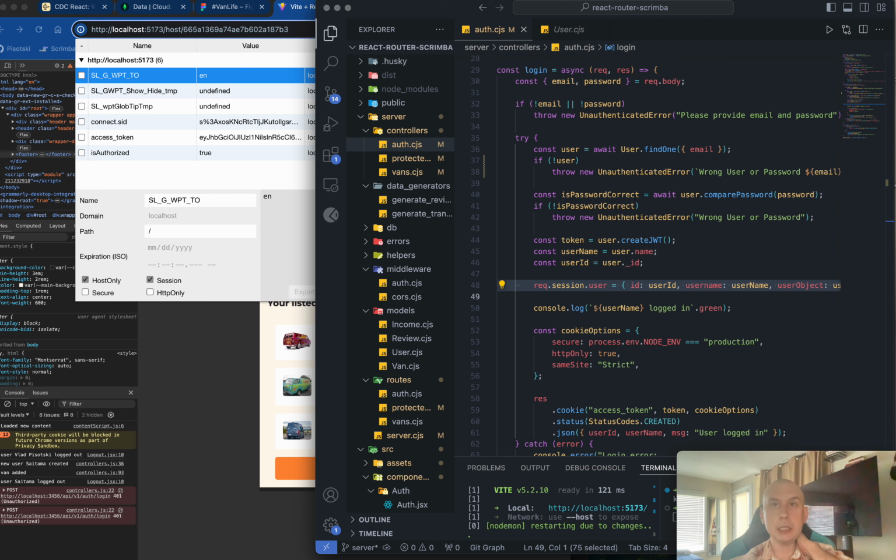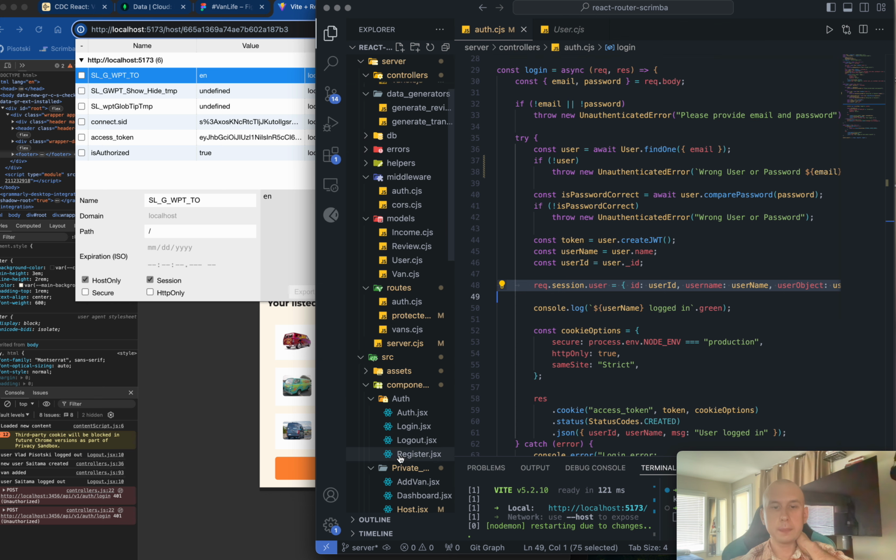Technically, I don't need to send back any sensitive information at this point, but I wanted to know more about cookies and send a custom access cookie. Custom access token cookie. HTTP only makes sure